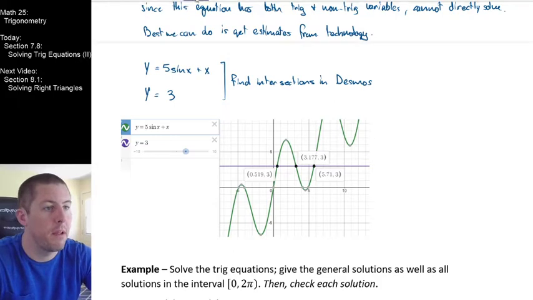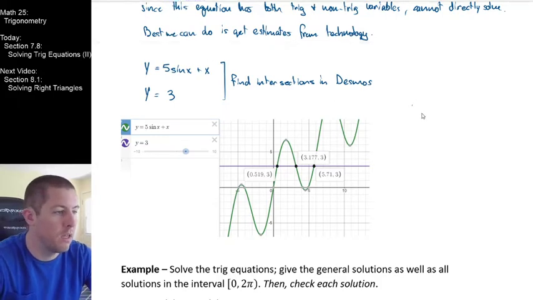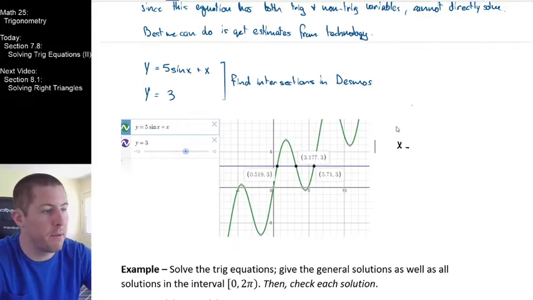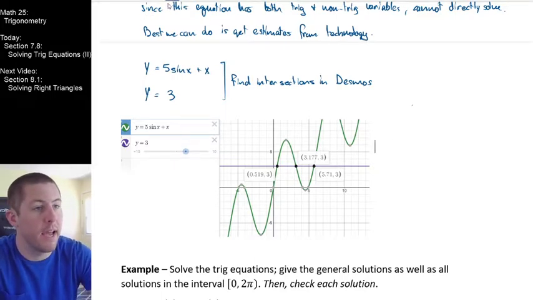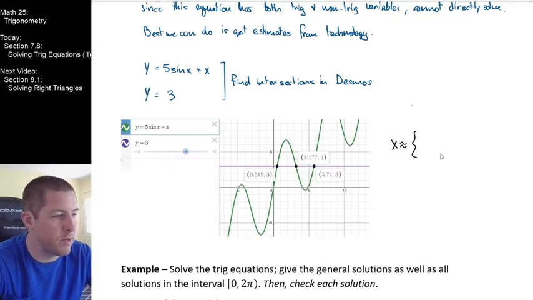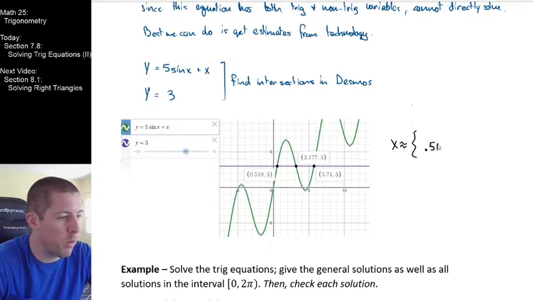Miracle. Okay. Draw, draw. It looks like we're getting x is, and I should say here, I want to be very careful with this. I am not saying x is equal to these decimals. I am saying x is approximately equal to these decimals here. And what are the 3 x values that we're seeing? 0.519, 3.177,